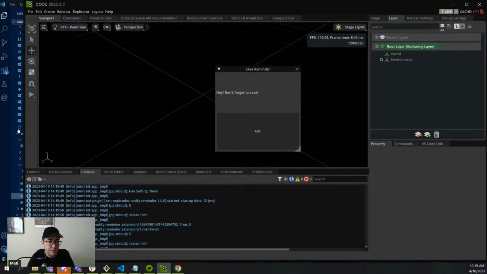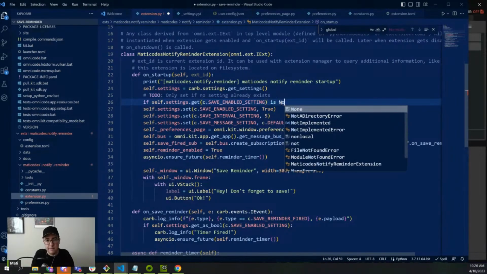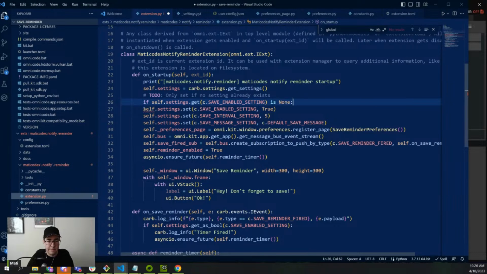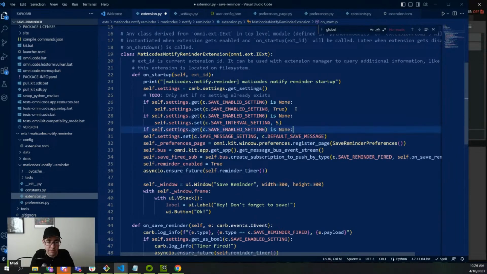Yeah, it returns none if that setting doesn't exist. So if... right, there's probably a cleaner way to do this, but